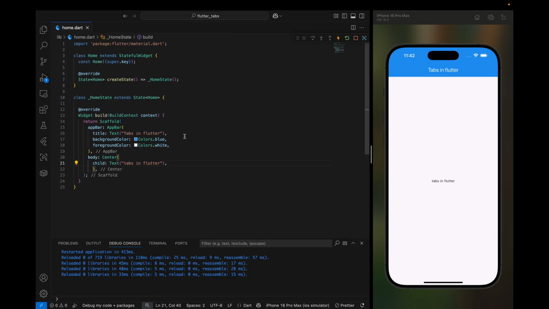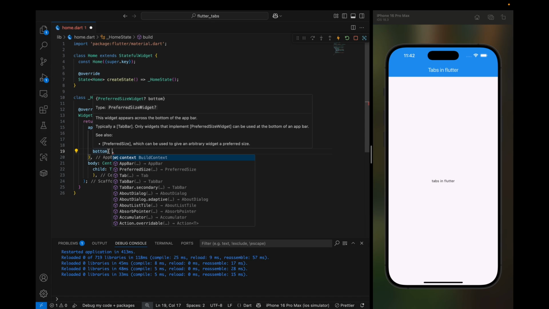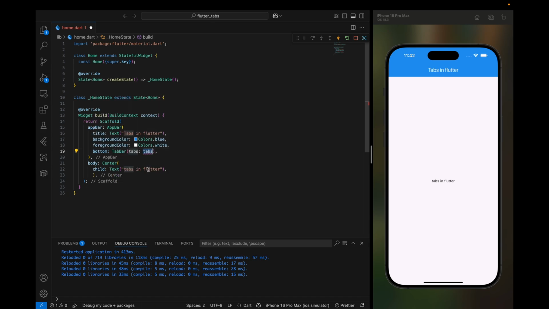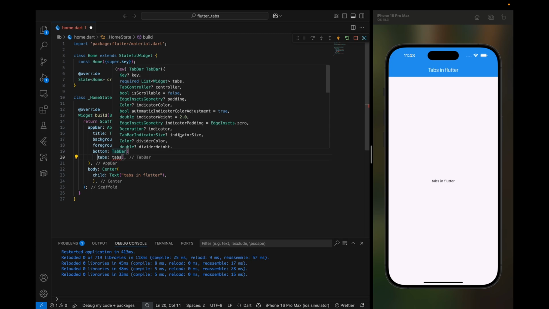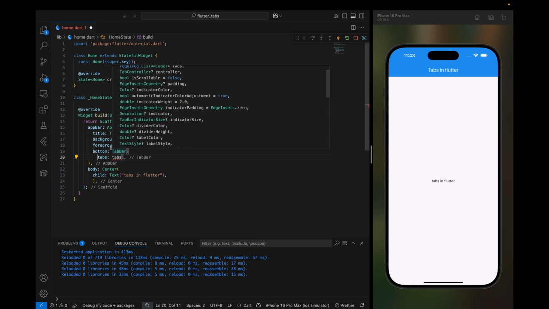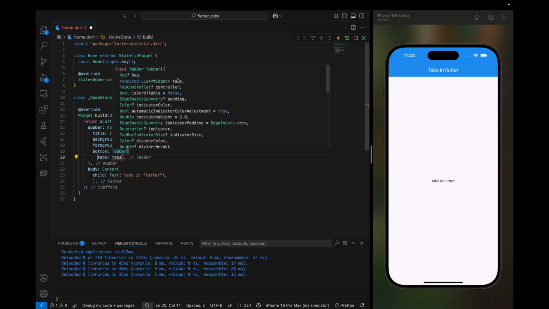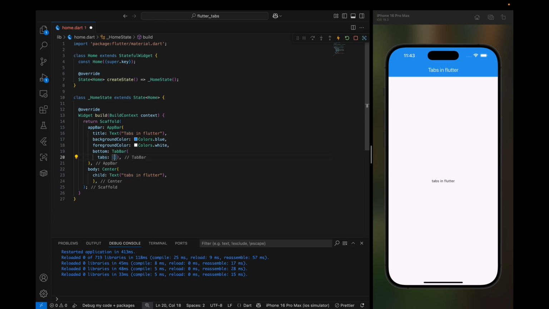Now to add tabs to your Flutter project, we'll need to use this AppBar widget, and using this bottom property right here, we'll call the TabBar widget. If you hover over it, we'll see we have a list of properties that you can use to customize your TabBar. But the first one, which is required, will be the list of the tabs that you want to display. So let's add an empty list, and inside of it we'll define the tab for